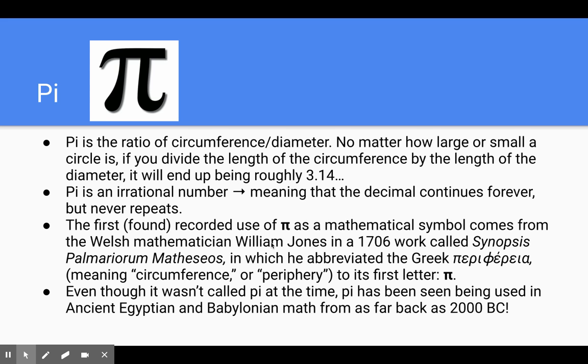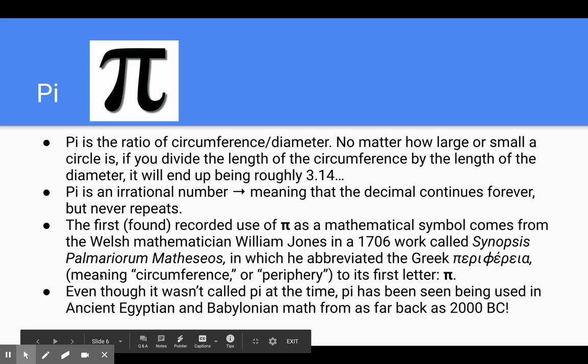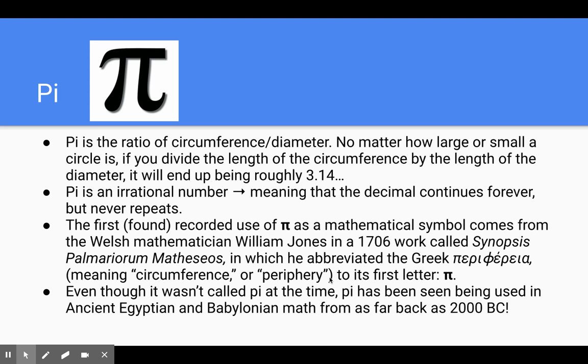Right, the first found recorded use of pi as a mathematical symbol comes from the Welsh mathematician William Jones in 1706, in which he abbreviates the Greek word for circumference or periphery. Since that word starts with pi, he apparently decided to just shorten it to pi. So once again, pi is a Greek letter. It's a letter in the Greek alphabet, and it's used to represent this number that's 3.14, and so on. And like I said, that's the first found recorded use of pi being the symbol to represent 3.14,